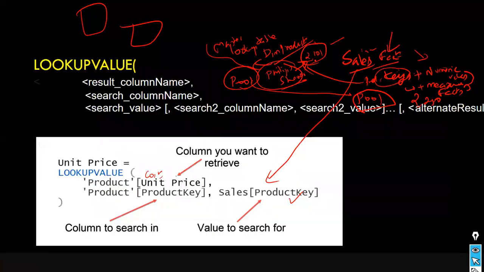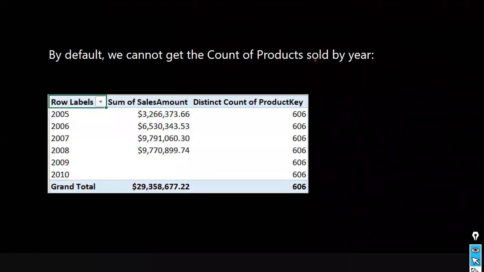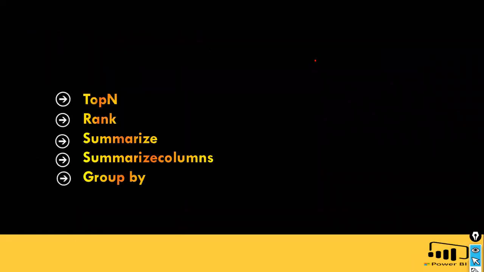Okay, next one is LOOKUPVALUE, RELATEDTABLE, and CROSSFILTER and USERELATIONSHIP. These two things I already discussed. So what I will do is